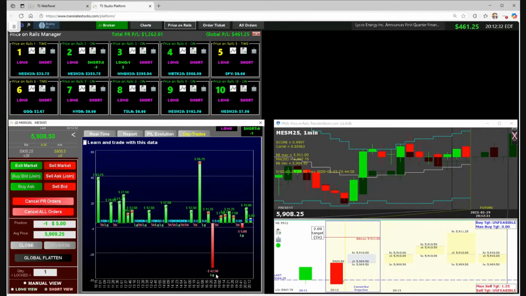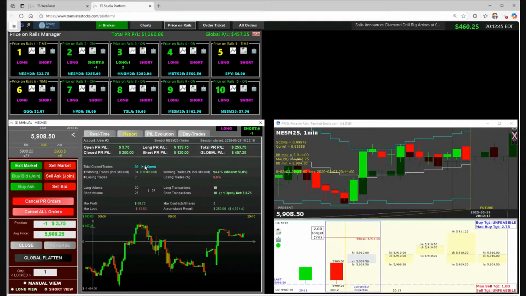We have only one loss here. We have a small loss there, $5, and another one, $42. And all of the other entries were profit, if it's not a missed entry. Actually, the same way, 36 entries, 94% winning rate. And this winning rate should be higher this way as well because we are averaging down.